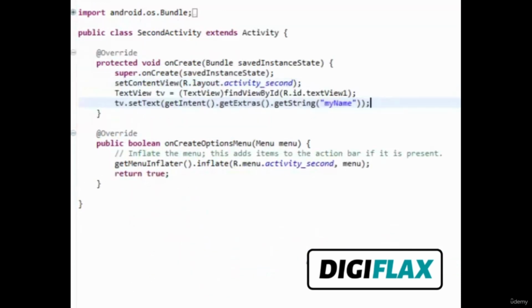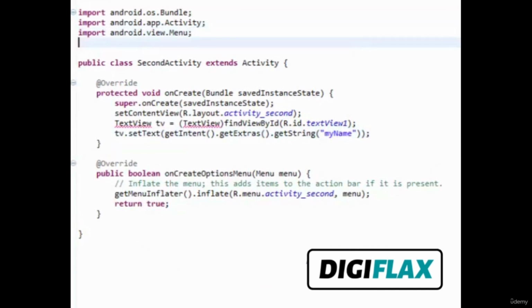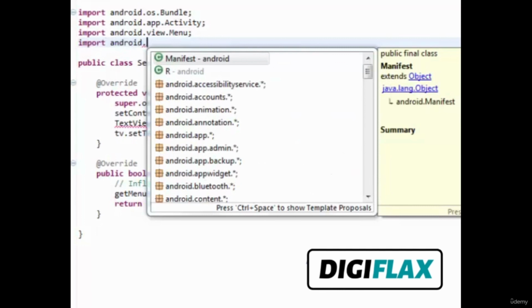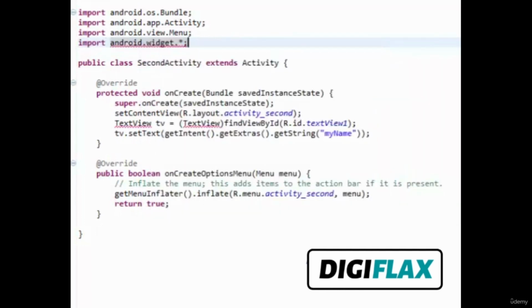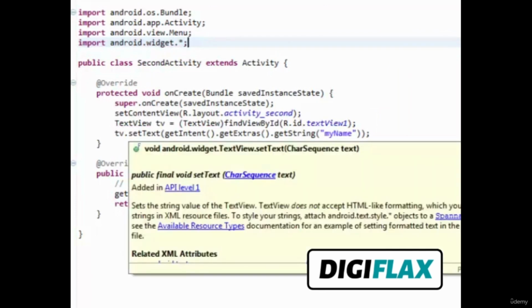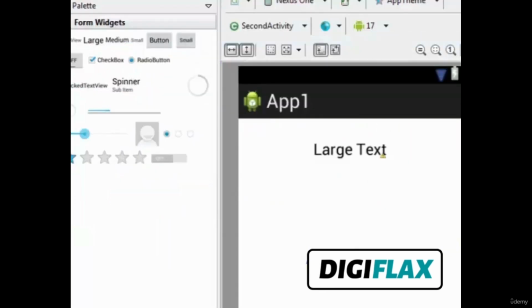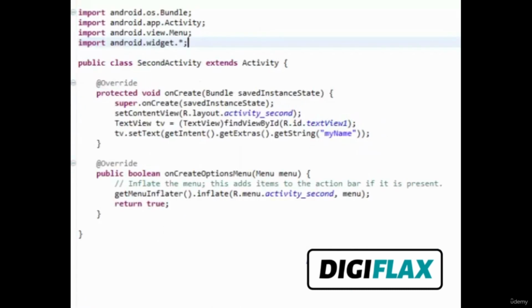In our second activity, we are referencing our text view, but first we have to import android.widget, and now it is perfect. We are referencing our text view, which is this. It's text view 1, and we are referencing it, and we are setting the text using the tv.setText method, which is